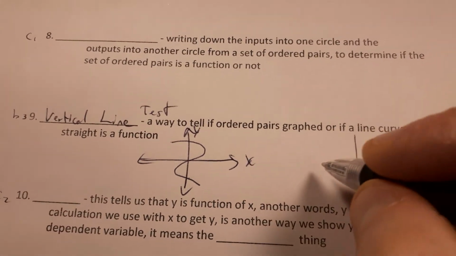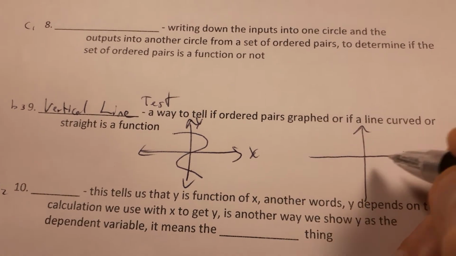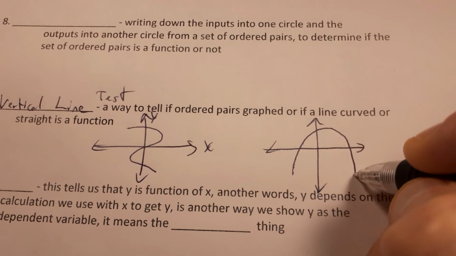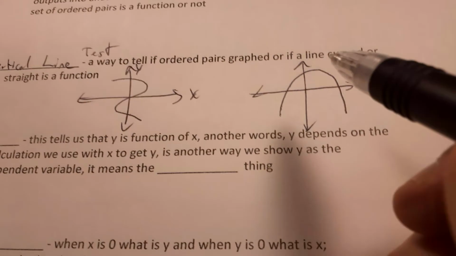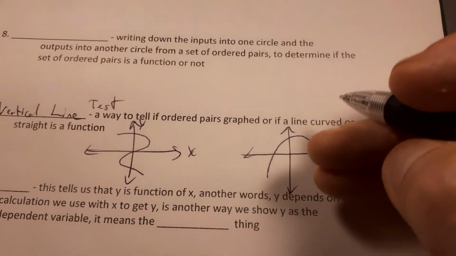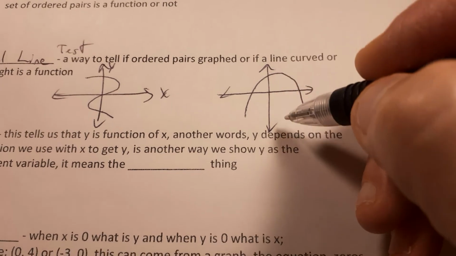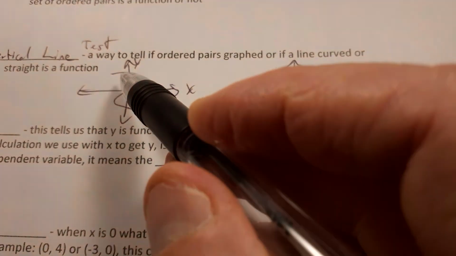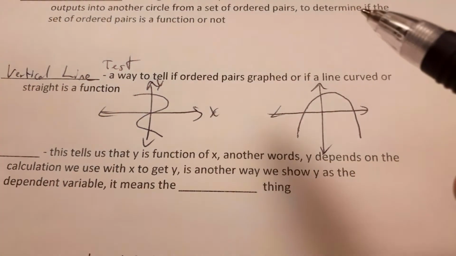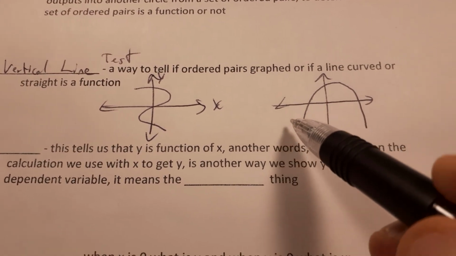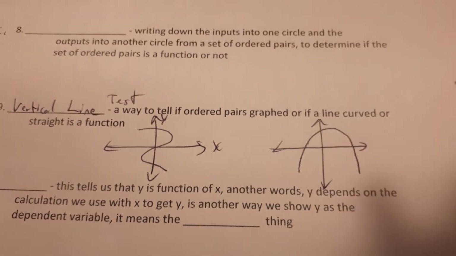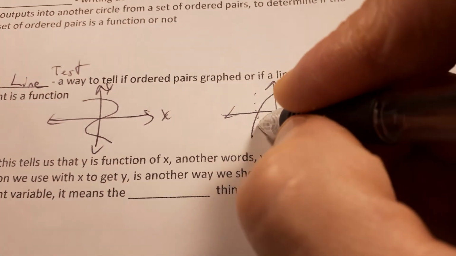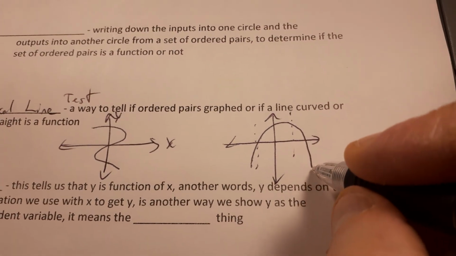If I have another one, and I have a line that looks something like this, we'll learn about this maybe next semester, but there is no place where I can put a vertical line where it will touch this two times. This one is touching it 1, 2, 3 times. Automatically, it's not a function, it's a relation. If it touches it once only, so if I put a vertical line here, once only, it touches it once only, all right? So I'm going to put in